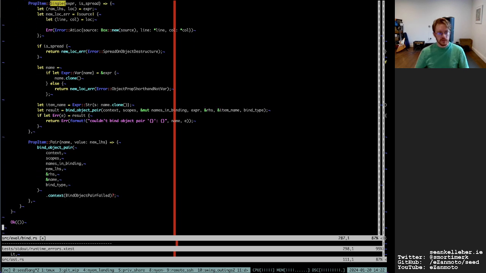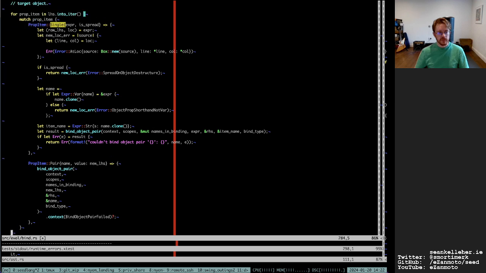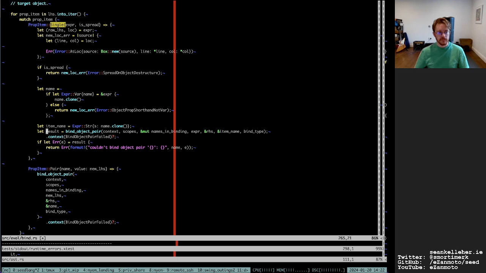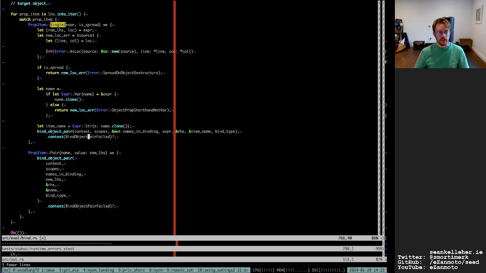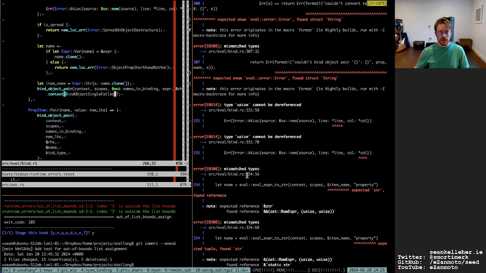And this will be bind object pair failed, and this will be bind object single failed. And it carries name. And whether I'll add, yeah, I think I will be adding name to that message, but not right now.